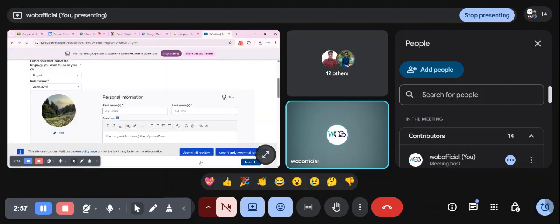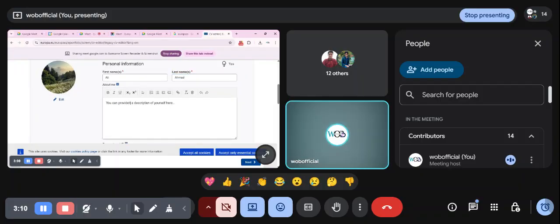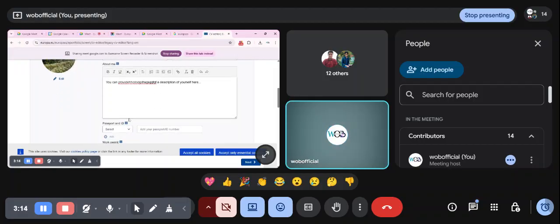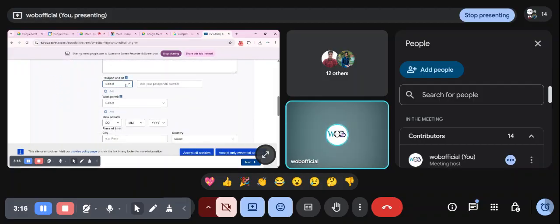Save. So this picture is added. Then I'm going to add someone's name, Ali, or Ahmed. Then I'm going to write something if you want to write about me. Then if you have an ID, you can put your ID or passport.